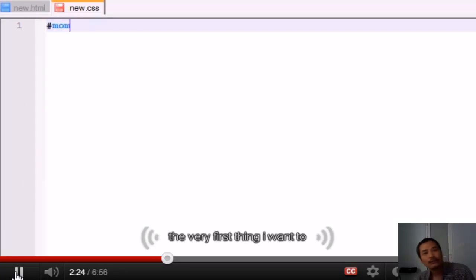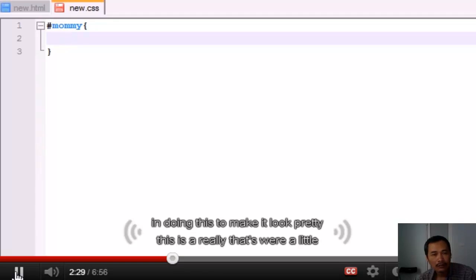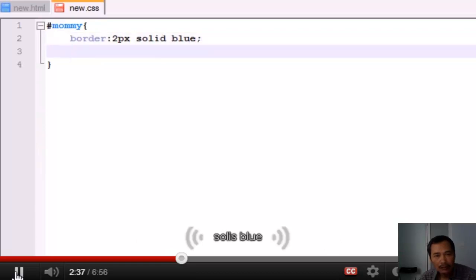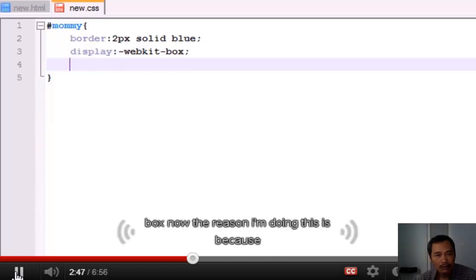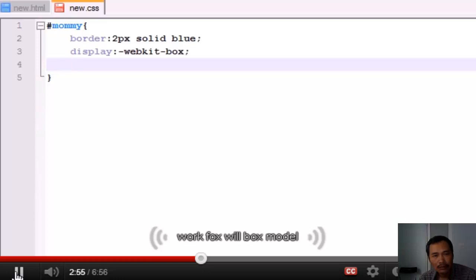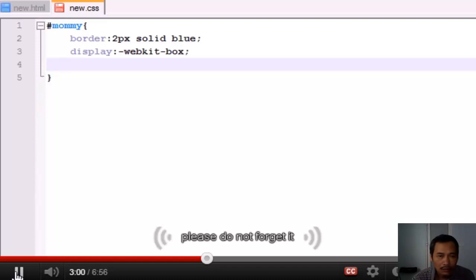The very first thing I want to do is in our mommy, I want to add some... I just am doing this to make it look pretty. This isn't really the tutorial at all, but I want to add a border of 2 pixels, solid blue, and under this I'm gonna display WebKit box. Now the reason I'm doing this is because since we're going to be looking at some examples of the flex box model or the flexible box model, you need to make the parent box. Again, I can't stress this enough. Please do not forget it. Now,